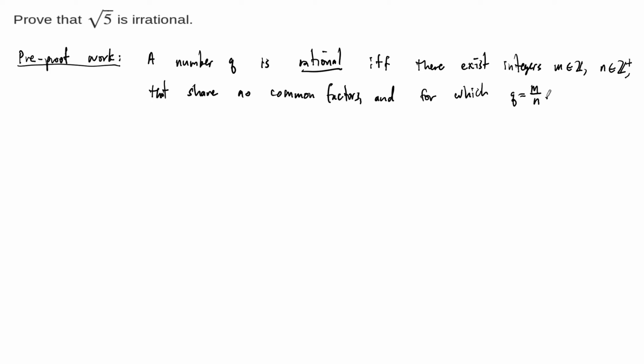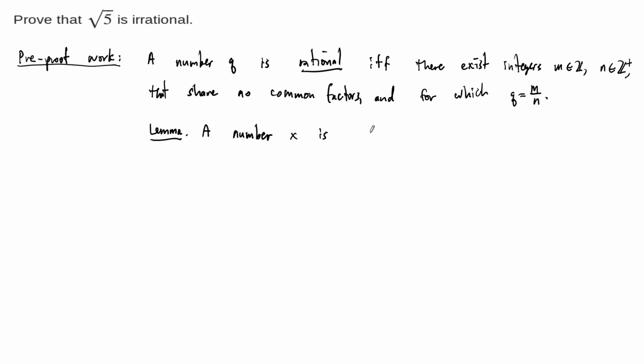The no common factors condition is the new part that we added to this definition that we had to prove. We did that in a previous video, so please check that out if you haven't seen it yet. The other thing that we need here is a lemma, and this lemma has also been proved in two parts in a couple of previous lecture slides. So the lemma says the following: a number, let's call this number x for simplicity,